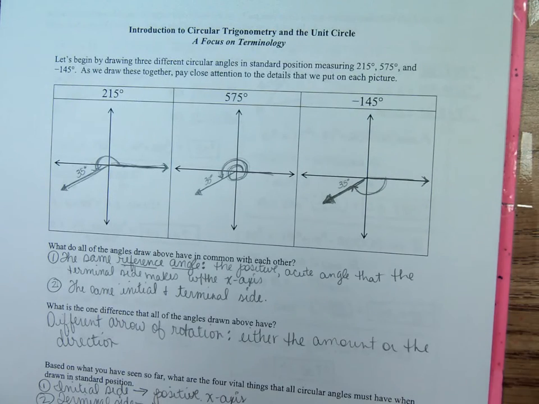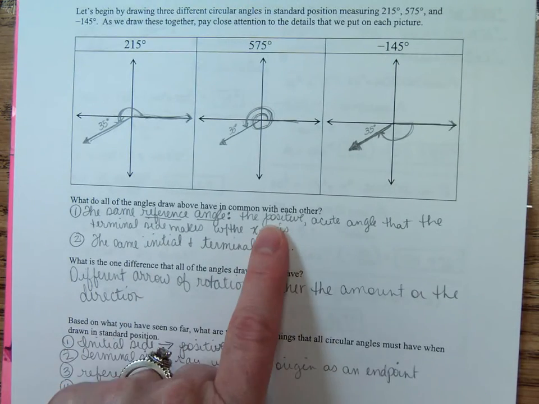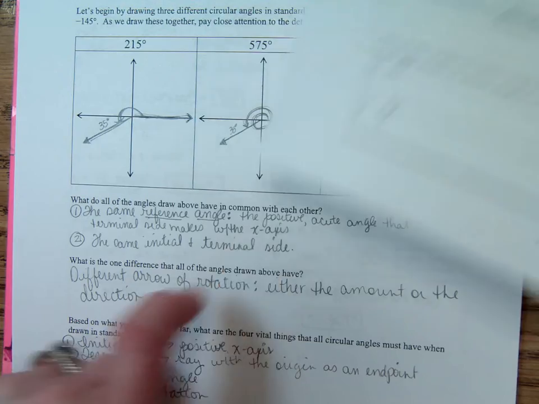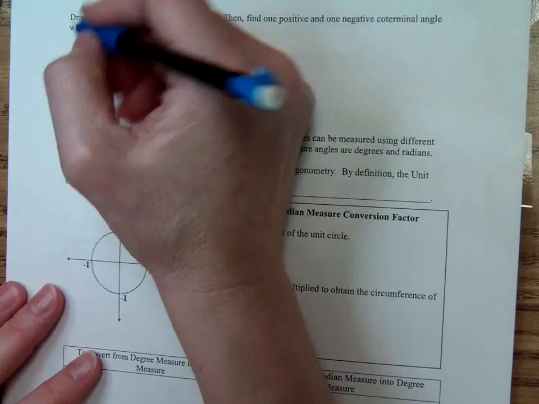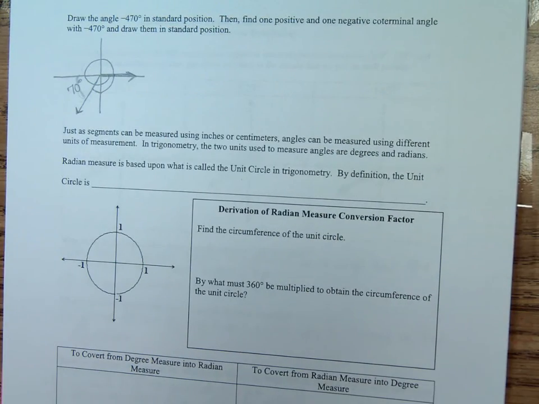So it's always like the angle from the negative x-axis to the... Yeah. See, it's the positive acute angle that the terminal side makes with the x-axis. Okay? So this is 70. All right, so now we need to find one positive and one negative